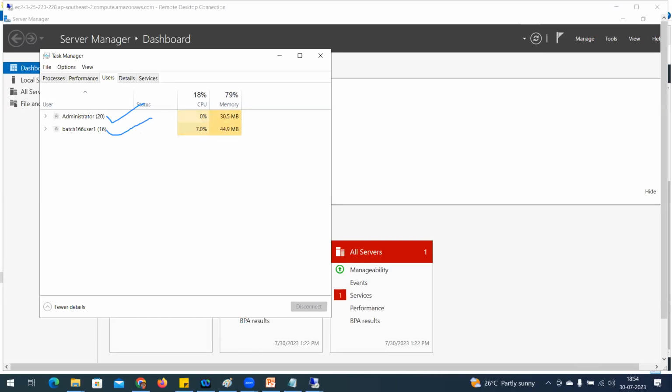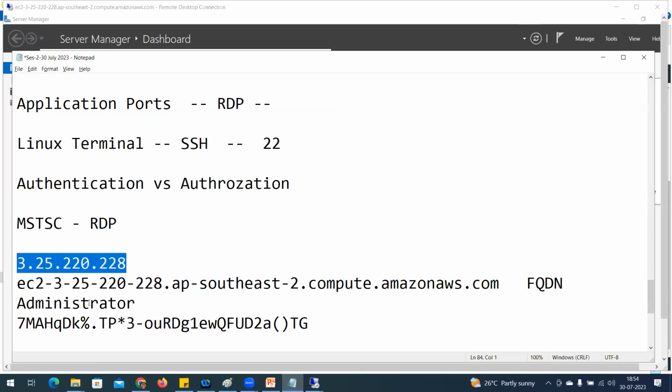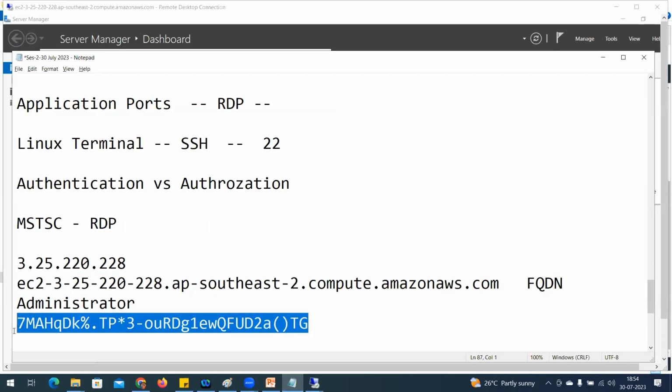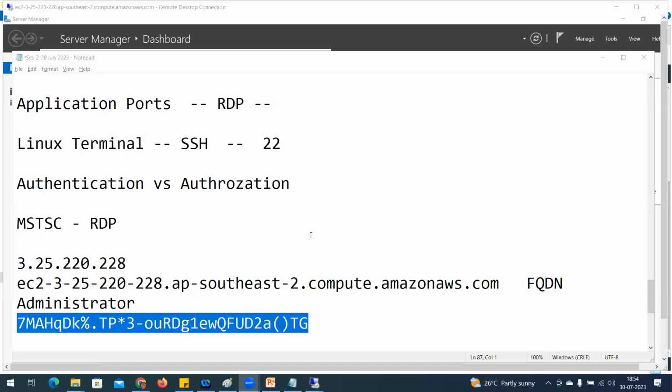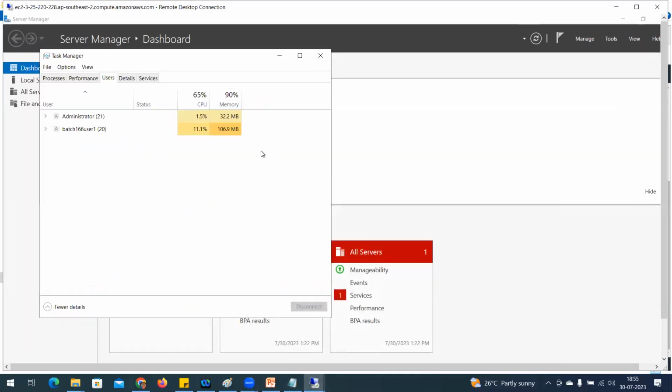So how easy the deployment is. You can try this password with the administrator account. Where is the chat window? My session will disconnect. You can copy paste and give it a try with the administrator username and password. Can anyone try?